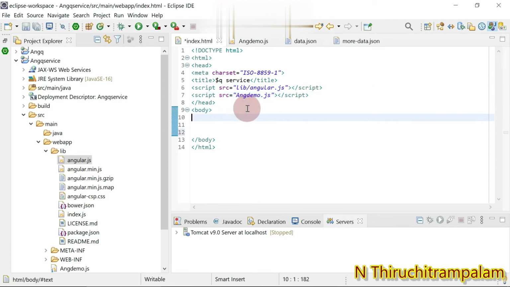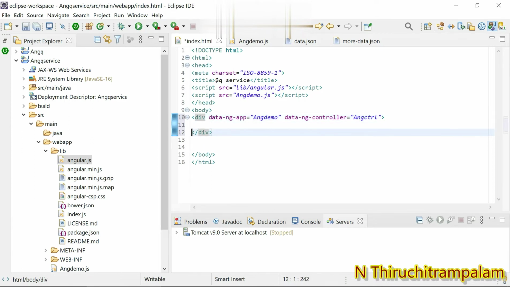Here what you do, you use the div directive, and within this div use data-ng-app equal. We have created the ang demo as the app. That's the model we have created, and then use one more attribute, data-ng-controller, so that we make use of the controller. That's ang ctrl. That's the one we have created. So within this div element,